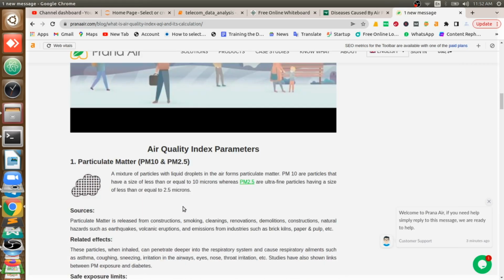So how are governments giving these numbers? The main basis is that there are many parameters, as we know: CO2, O3, NO, NO3, there are so many gas parameters. From each gas parameter, their presence is considered, for example particulate matter PM10 or PM2.5, what they call.